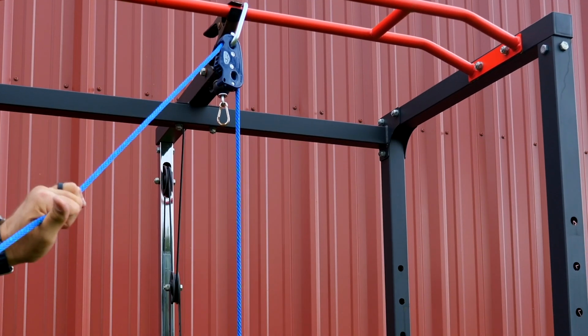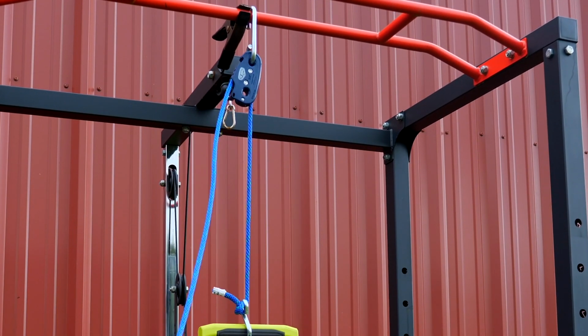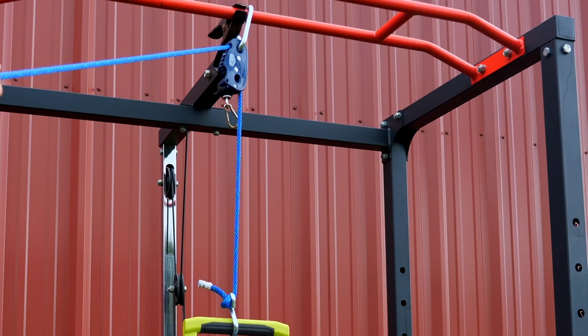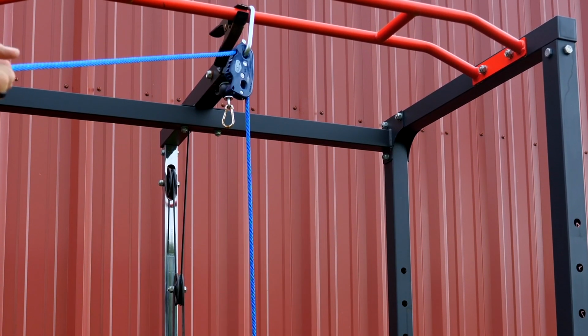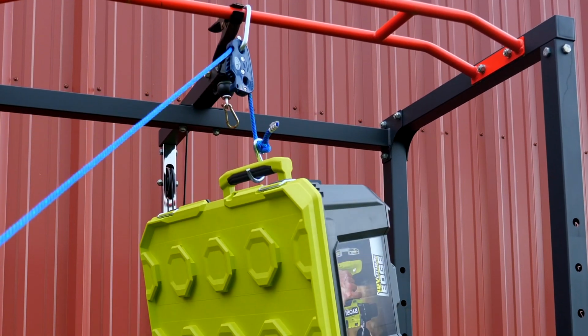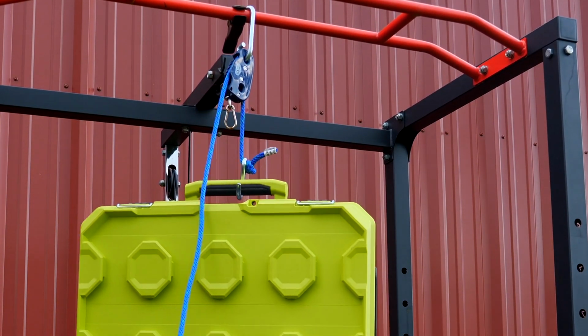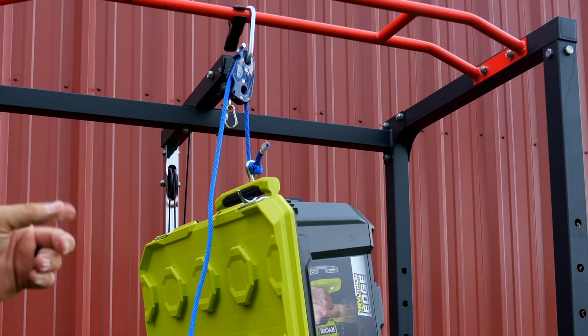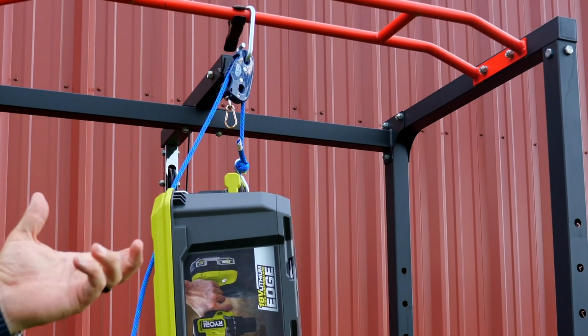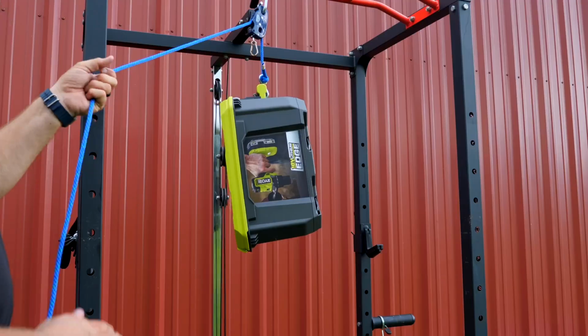And again, you can see I can pull this up, bring it in. It's going to lock itself in place, pull it away, pull it up some more, and I can keep it away and drop it down. Or I can just pull it up, lean it into itself, and it's going to automatically grab those teeth and hold that there. Now, if I want to double the pulling power, just like on the trailer a few minutes ago,